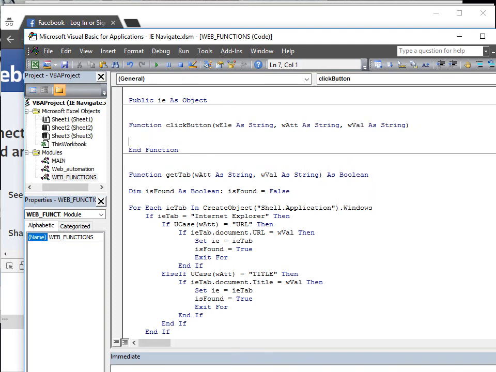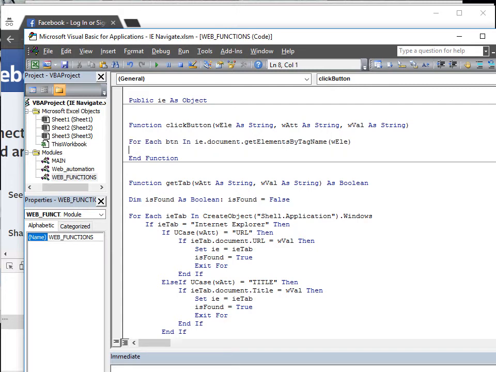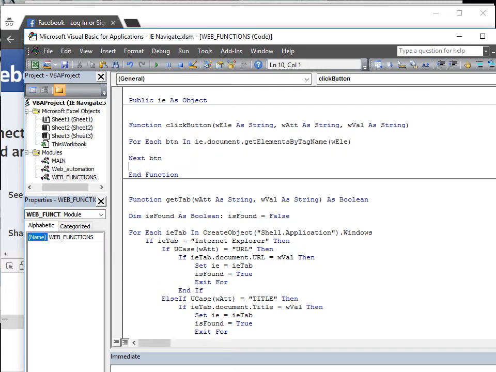Okay, and then we'll create a for each btn in ie.document.getElementsByTagname, whatever element type was sent to this function, and then if btn that get attribute, whatever attribute was sent to it with the value of